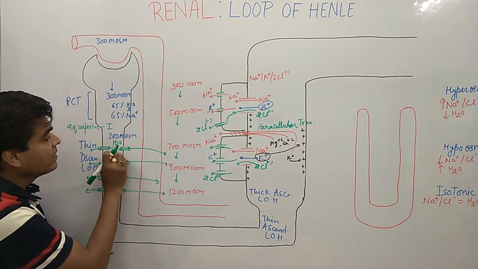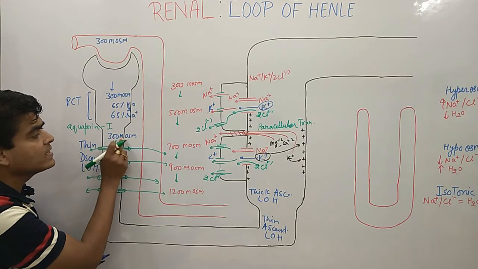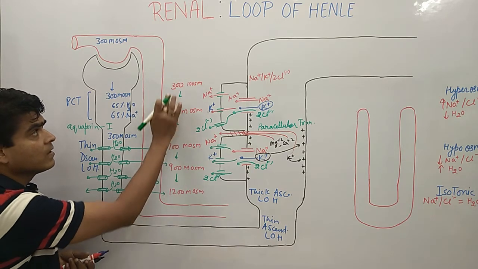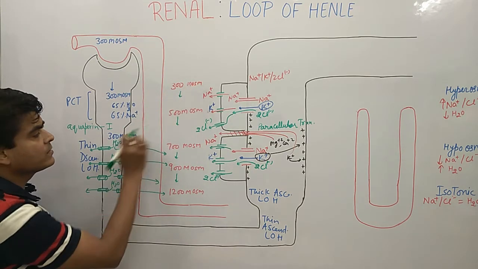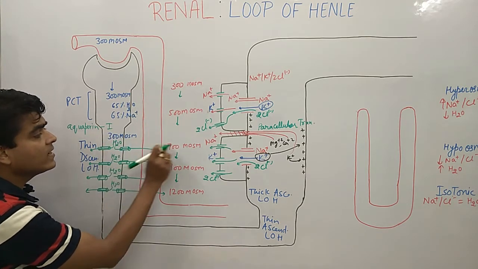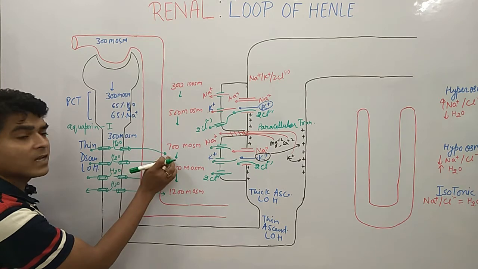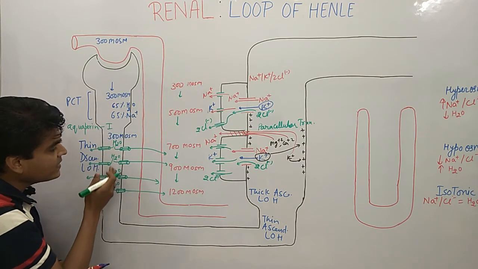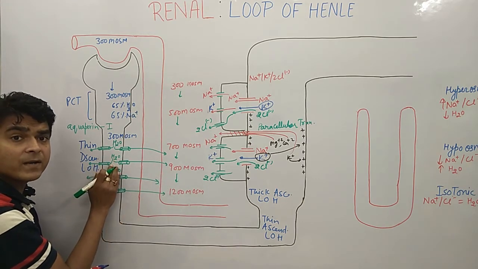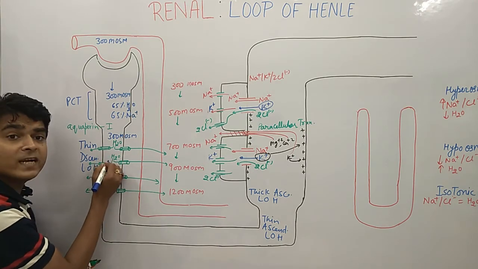Water will move so that whatever osmolarity is here, say 300 milliosmolar, a similar osmolarity is maintained over here. Only when both reach 300 milliosmolar is H2O transport stopped. Similarly, H2O is moving down through these channels, and sodium and chloride are not moving, so the osmolarity changes and is increasing.